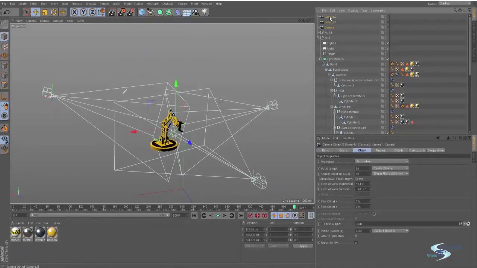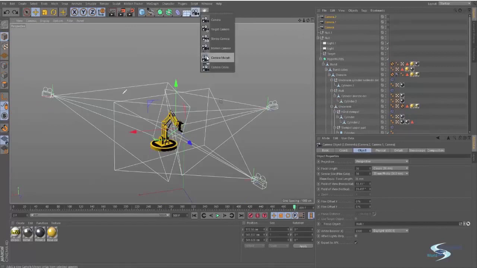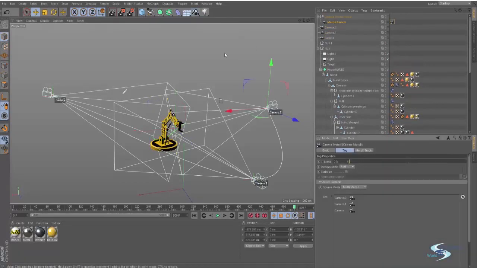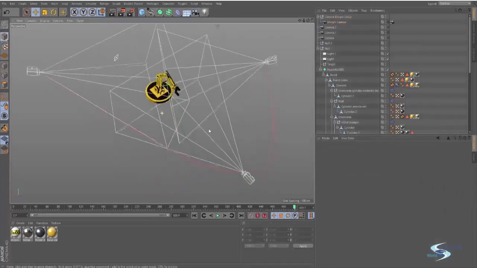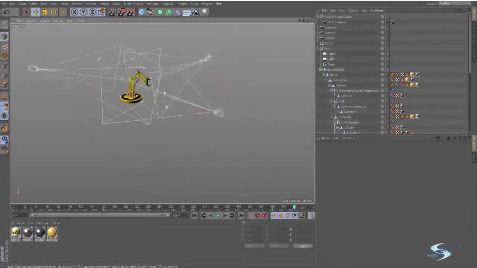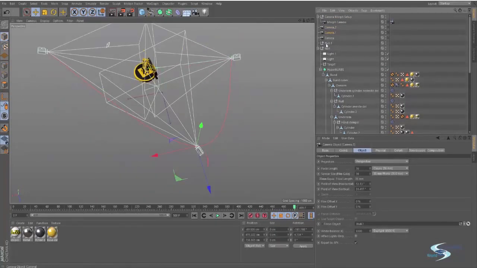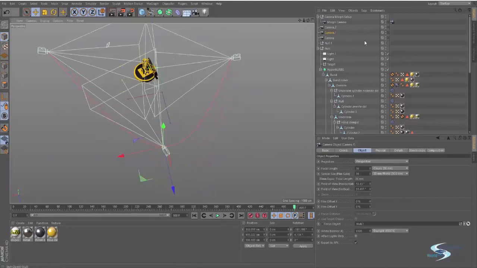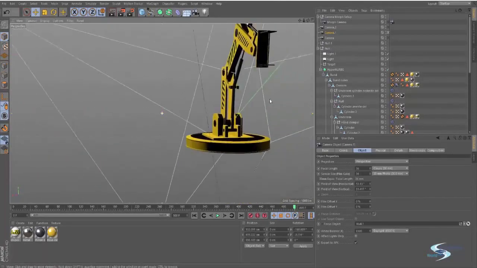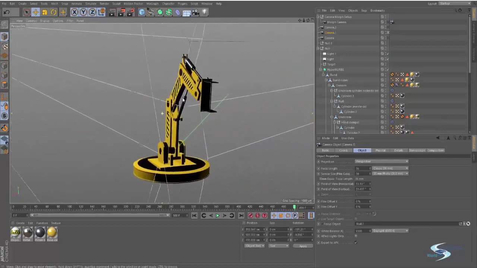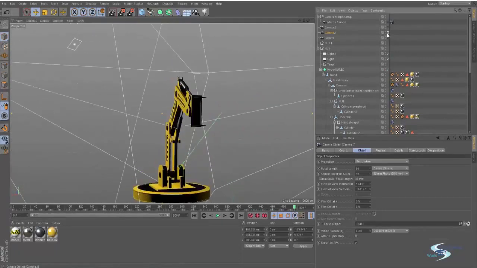So if you select them all by just shift clicking to select, we can click and drag, and then you'll see this camera morph has been highlighted, not grayed out. So we can just select this, and we will see we've now got a morphing camera. You can see the red line is the line that's going to pass through. We can even take these cameras and go into refine the path that the morphing camera is going through, and